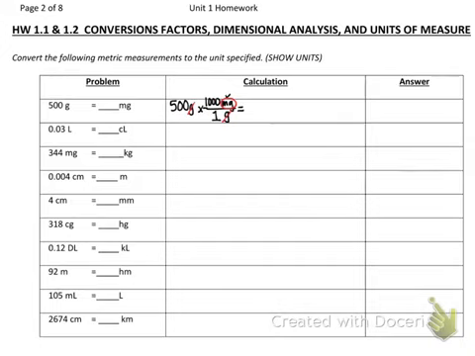Alright, then I check with my calculator, and I take 500 times 1,000, and I end up with 500,000 milligrams. Go ahead and please write down your answer, which is 500,000